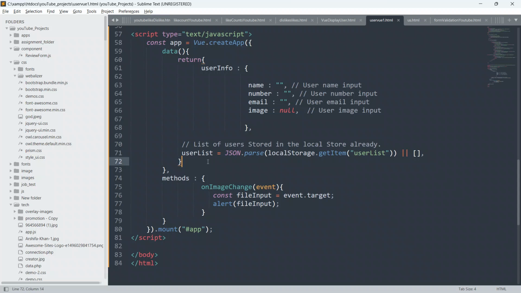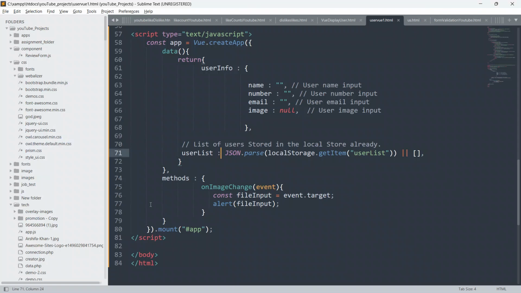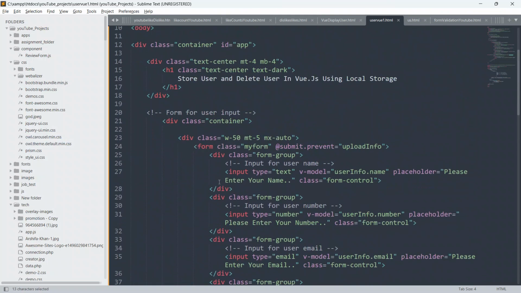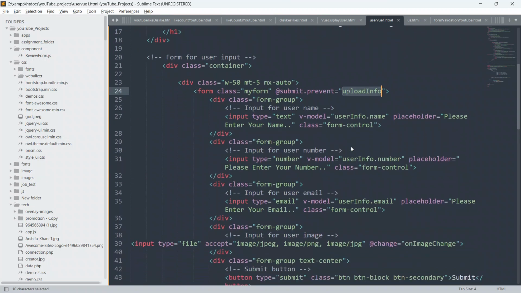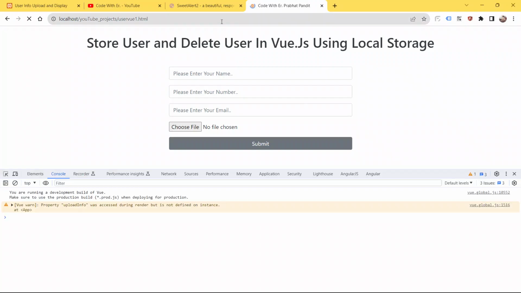Okay, sorry guys, we have to put a colon. Now save your code, go to the browser and refresh the page. The upload section, we will create it later on. So now refresh your page.